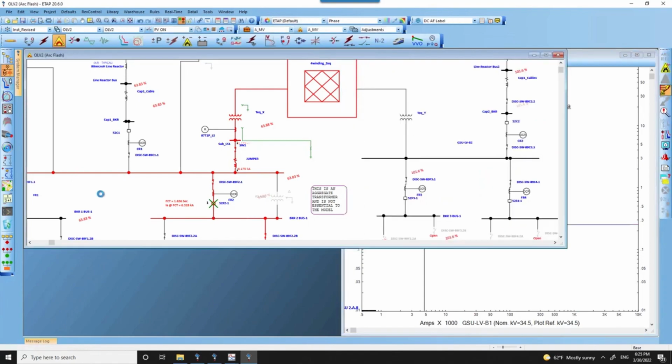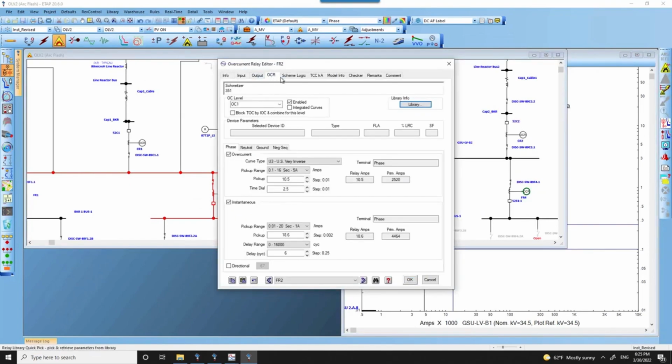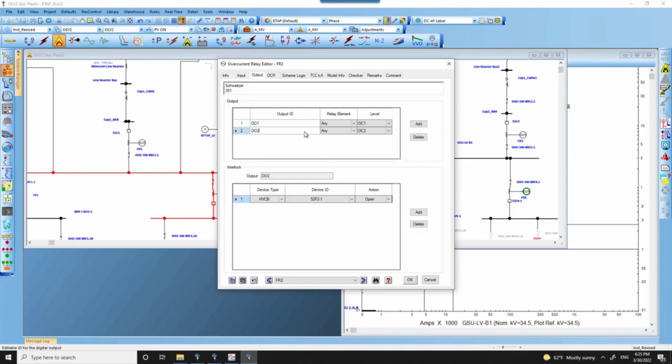The instantaneous revised edition, where they had the same relay having two different settings under two different conditions, basically. So the first condition was the OC level 1, where we had the overcurrent relay with the instantaneous enabled with a six cycle delay, and then the OC2 level, with a 0 cycle instantaneous delay, used for this particular application only for Arcflash results. So these two